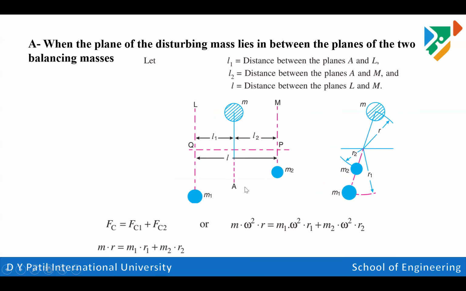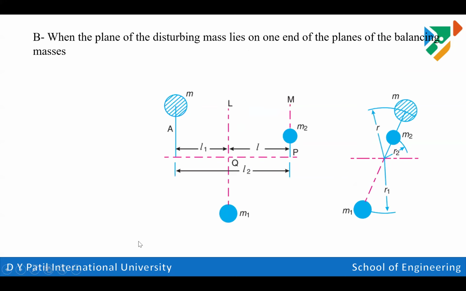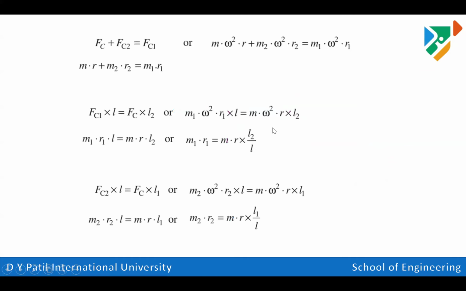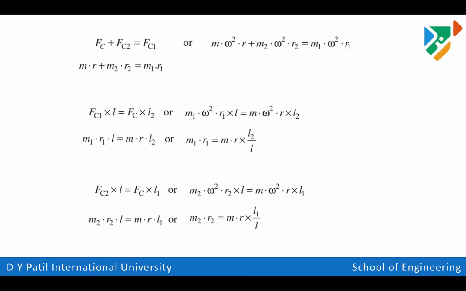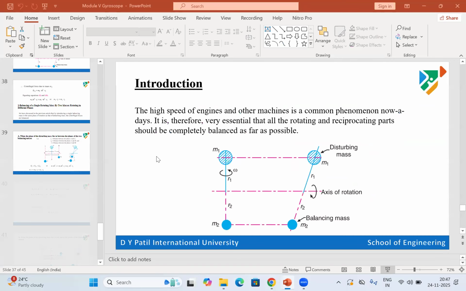That was the first case where we are determining centrifugal force acting on a plane, and the second case which we have discussed, where the second distributed mass is acting towards that balancing mass. So this is the distributed mass, and this balancing mass is acting in the orientation of your distributed mass. Again we can determine the correlation of centrifugal force acting in the second case. Okay, so in this way we can identify the overall centrifugal force, the resultant force acting on